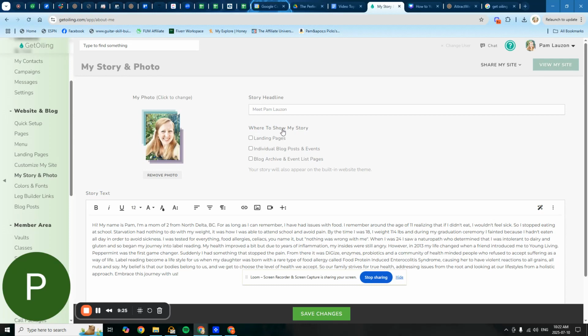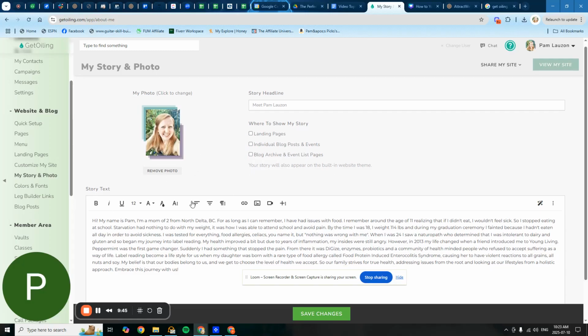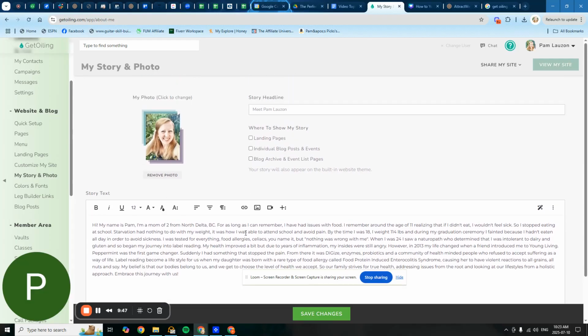And it'll also default to showing your story and photo on all your landing pages, on every blog post, and on your general blog page. So if you don't want it at the bottom of your landing pages, which I don't suggest having your story and photo on, I would turn it off. And if you don't want it on your blogs, turn it off too. I have turned it off on all three because I do not want this on anything. I don't use this at all in my system. So you can turn it off here and make sure that it's filled out if you're using the built-in website,